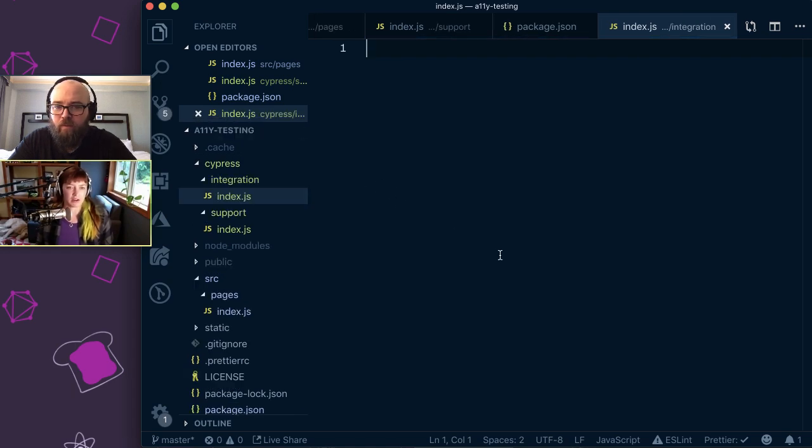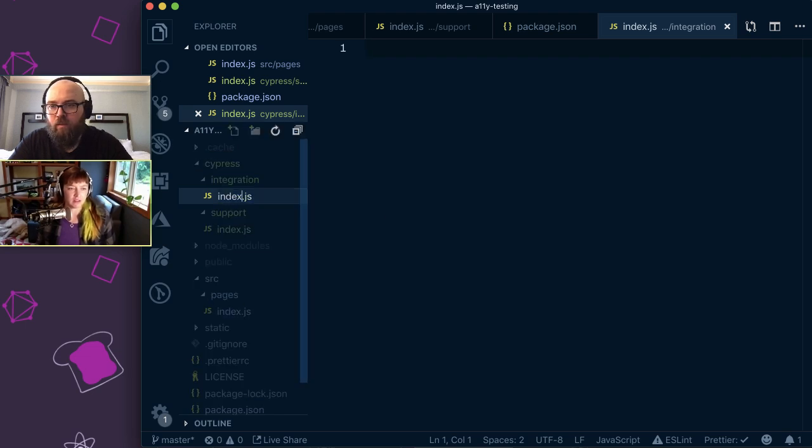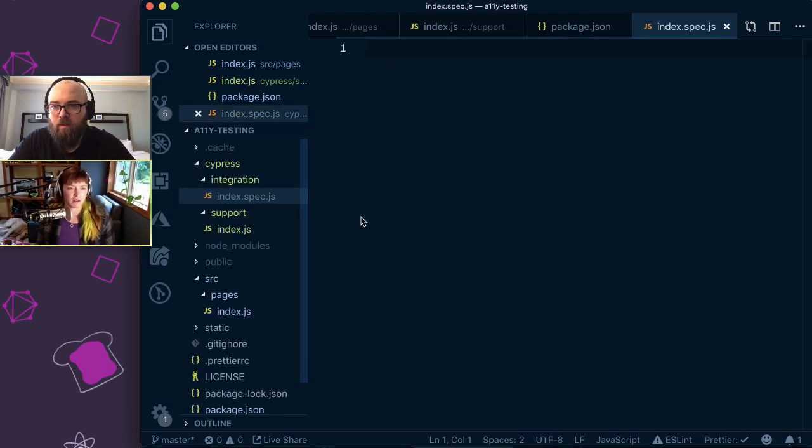So in that file, it might be good to actually change that file name to index.spec.js. So it will be the spec file for our index file. There is a definition for TypeScript that you can reference here with //